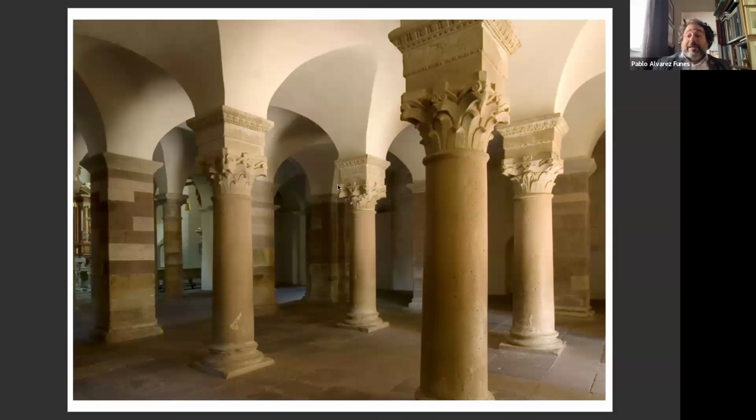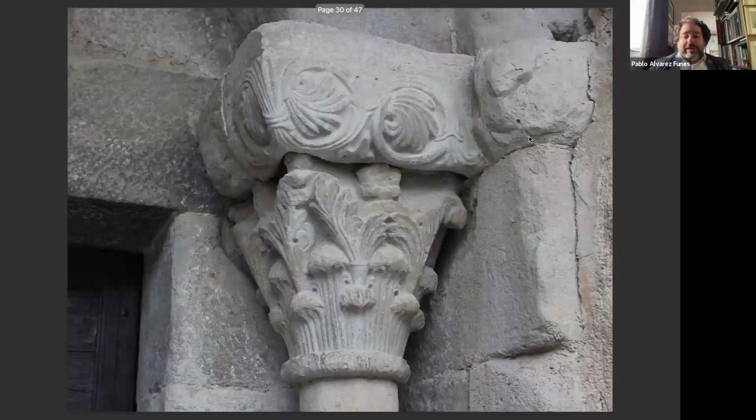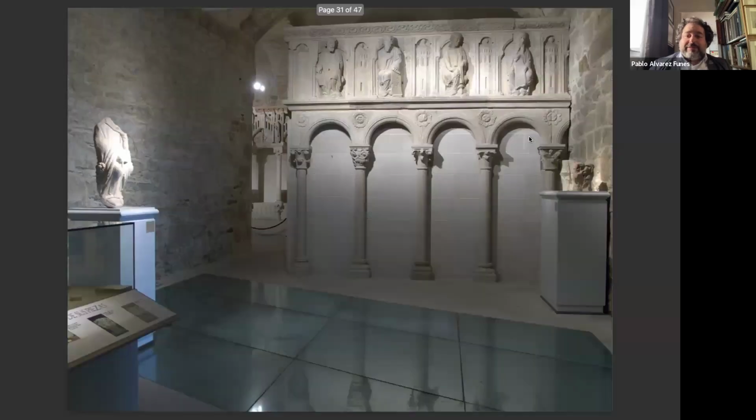More ones, these are properly Corinthian capitals, still carved ex novo for this building. This is St. Gallen, the crypt of St. Gallen, and you can see that it has a full architrave on top. The columns are a bit squat, but there was an effort of continuing the classical language in here. This is again in France. This is Santiago de Compostela, and you can see as well how